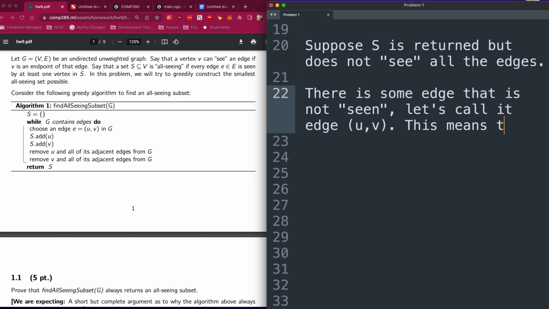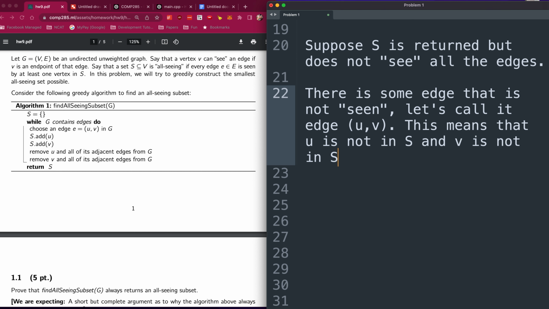Then this means that U is not in S and V is not in S. Because if they were in S, then this edge would be seen. And we're assuming that we did not return an all seen set. Therefore, there is an edge that is not seen, which means U is not in S and V is not in S, right? However,